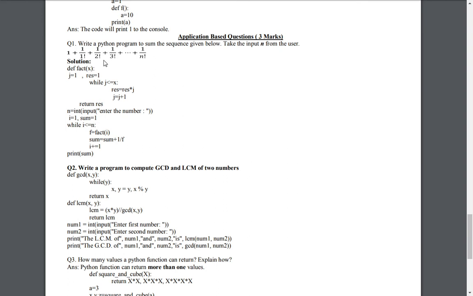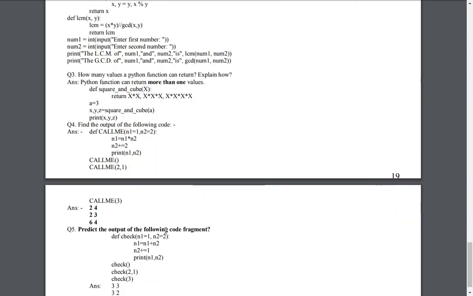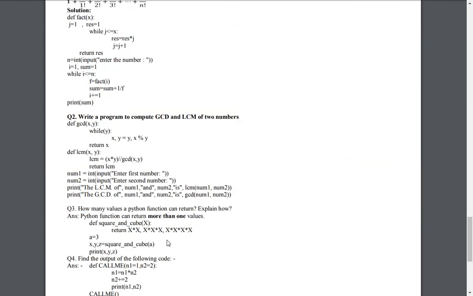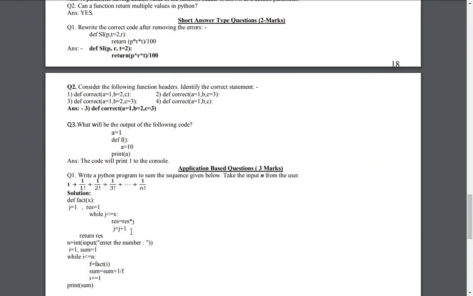And there are also two programs which you have to practice. One is a program on a series and one is a program to find the GCD and LCM. GCD means greatest common divisor. You can also call it HCF in place of GCD, because GCD and HCF are the same, and LCM. For this you will use two methods: one is directly importing the math library, and one is the long method by using proper code. So these are the practice questions.